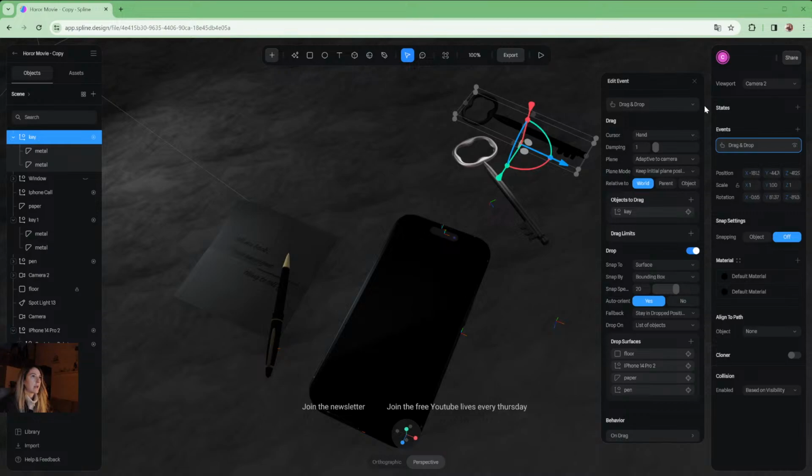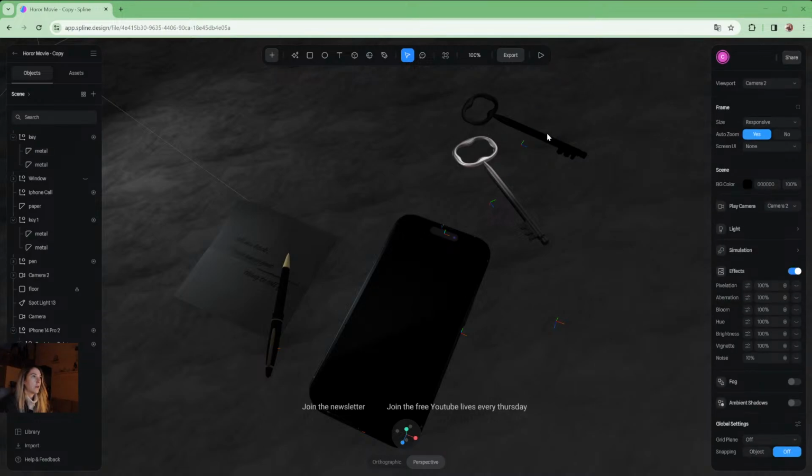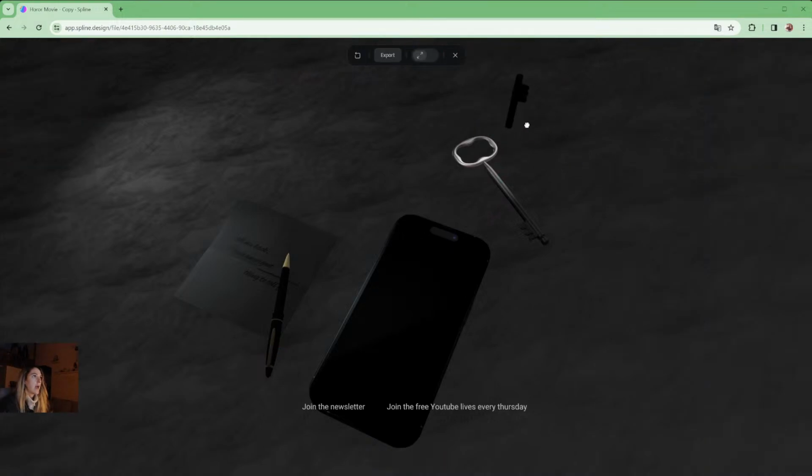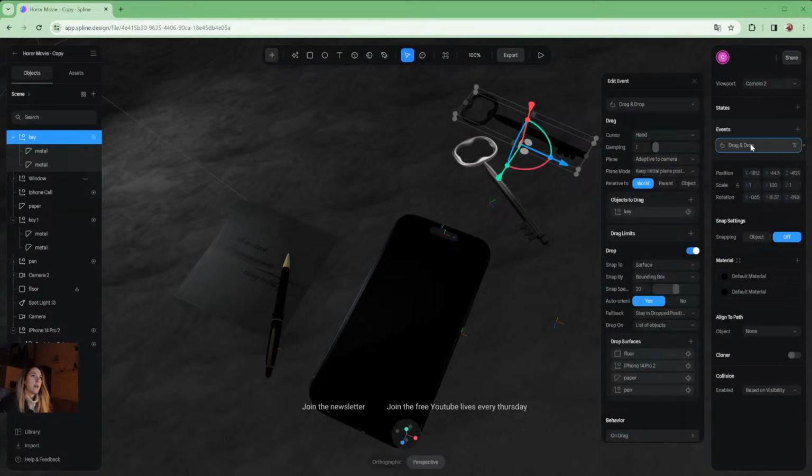And now if I click play, I can select my key. Oh, there is something that you can see. My key is rotating, and this is not what we want. If this happened to you, and thankfully it happened here, so I can explain now why it's